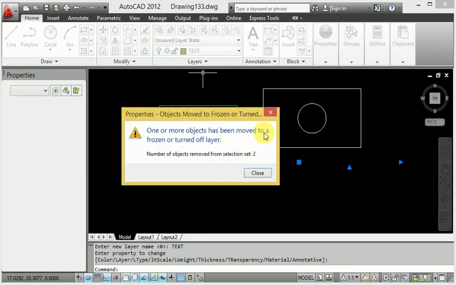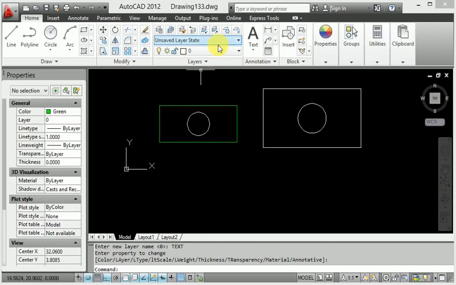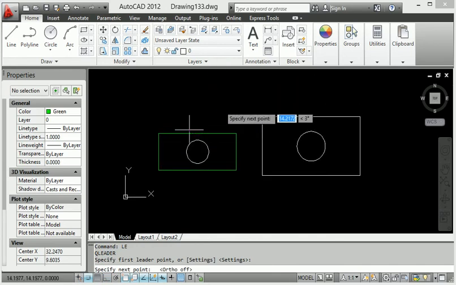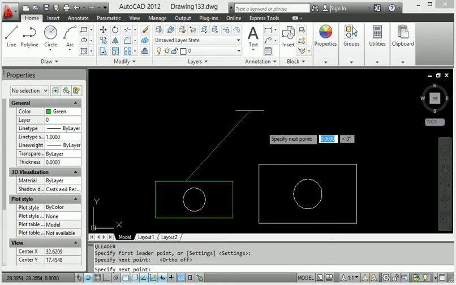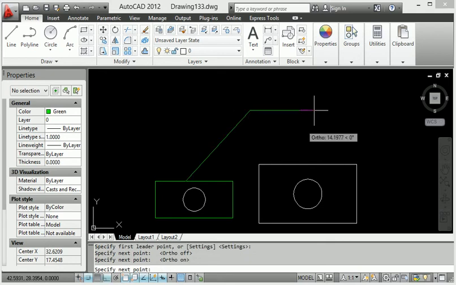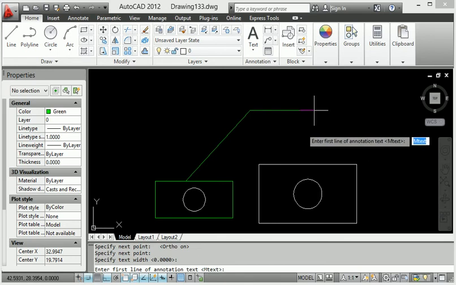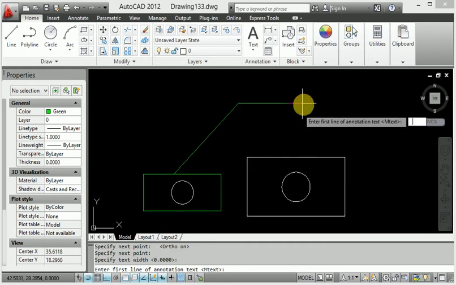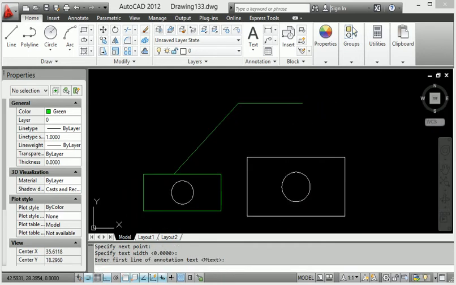When I enter, if I provide the leader line, so LE enter, and when I give the leader here, this is called leader. This is a leader line actually. Do you want to write anything? So when you click the text, this is the leader line.